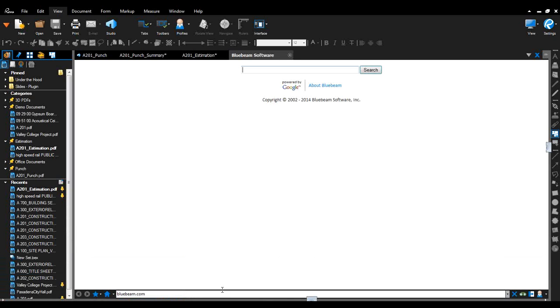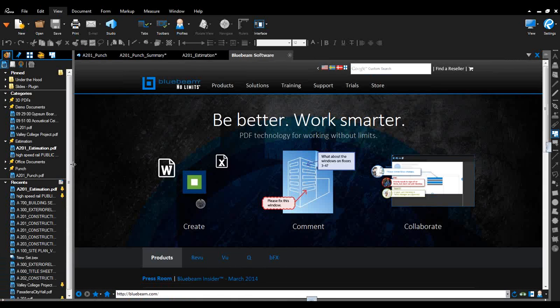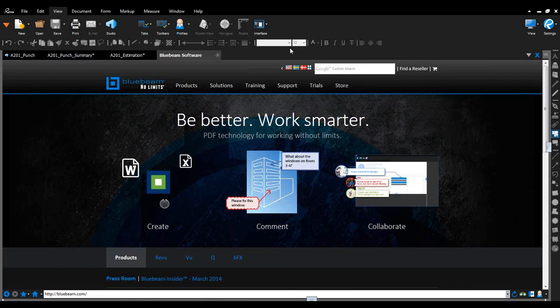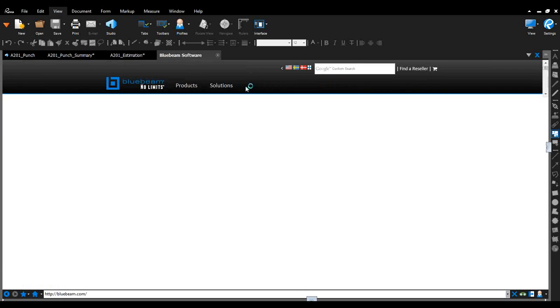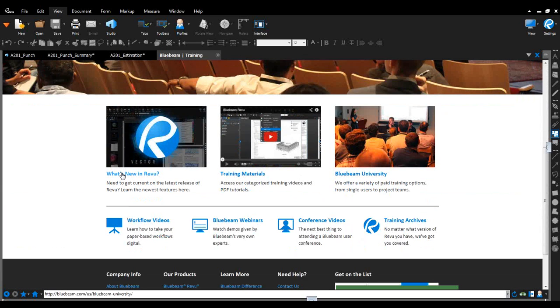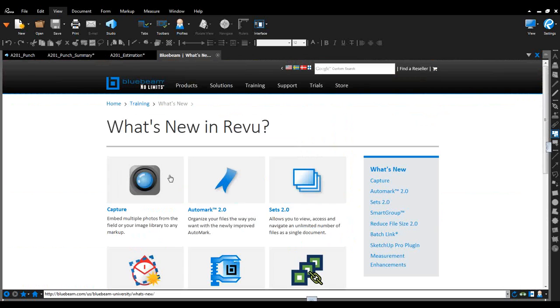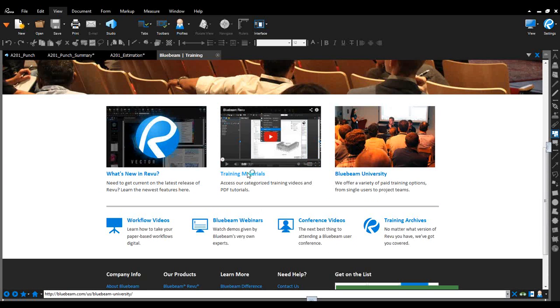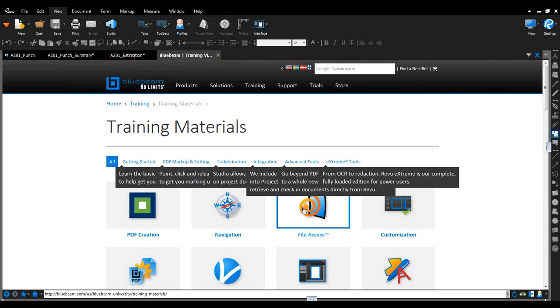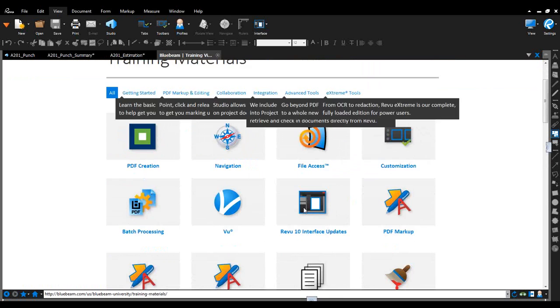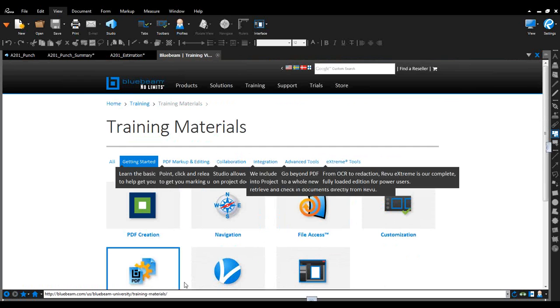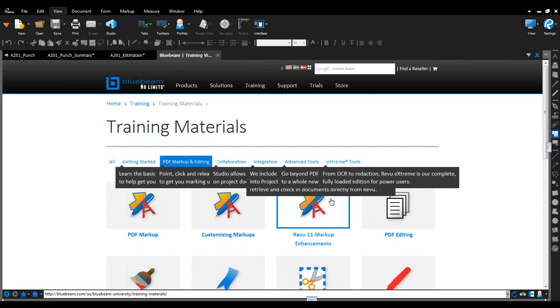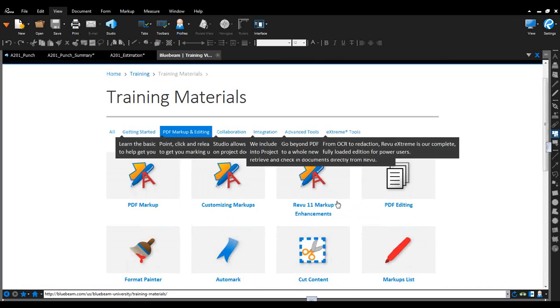bluebeam.com. There's a couple of great resources on the Bluebeam website for learning more about the software. One of the big ones is under this training section. And we've got a variety of videos both on the new features in Revu, but as well on the existing features. So it's almost like a learning course. So you can go ahead, click Getting Started, see just the basic features, see PDF markups and editing, and continue